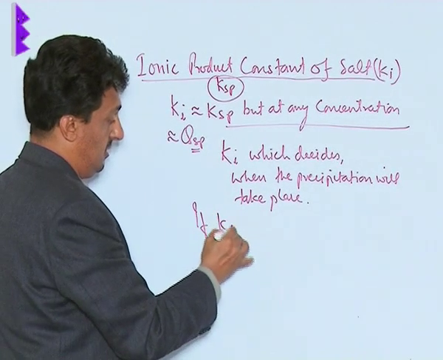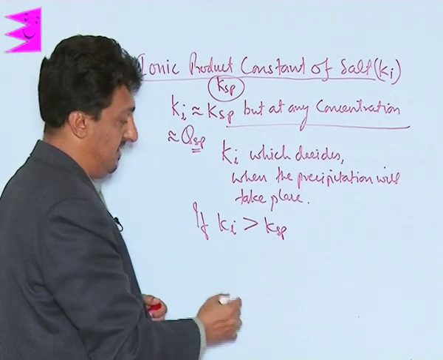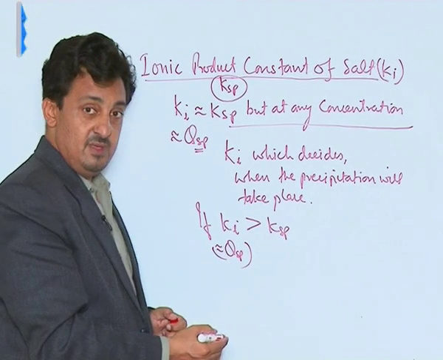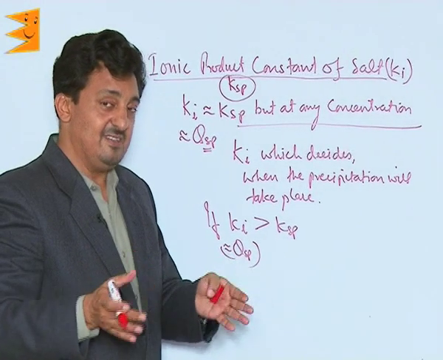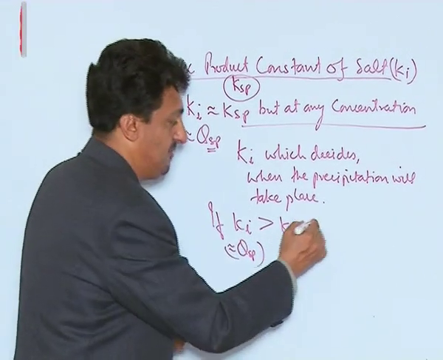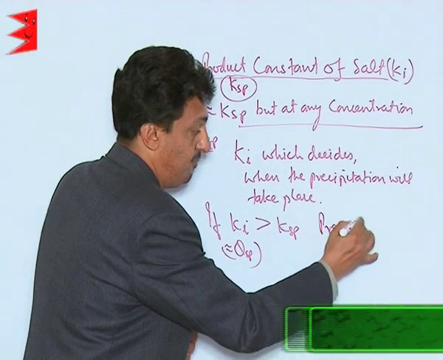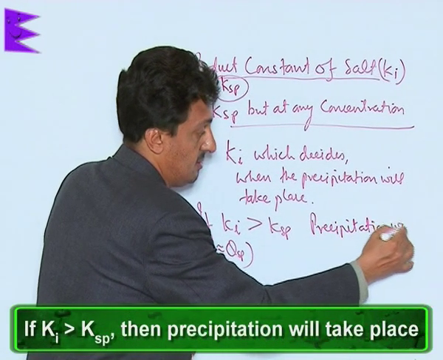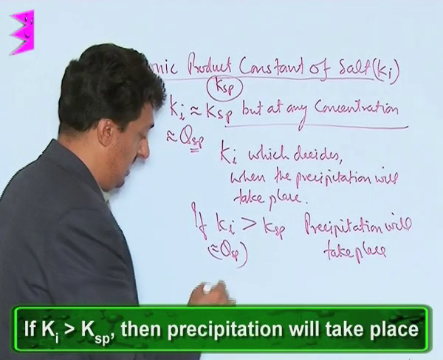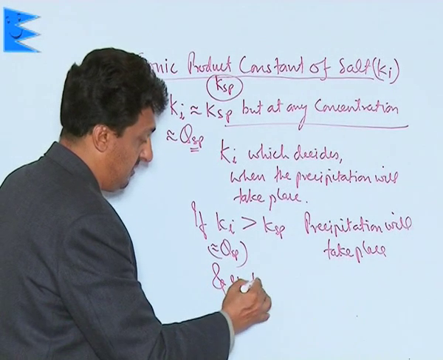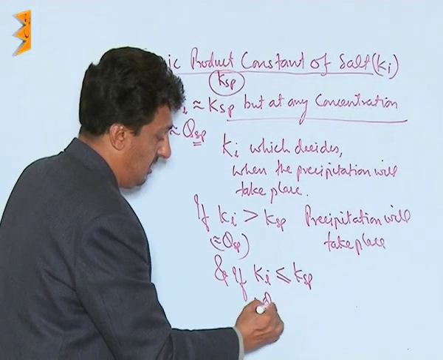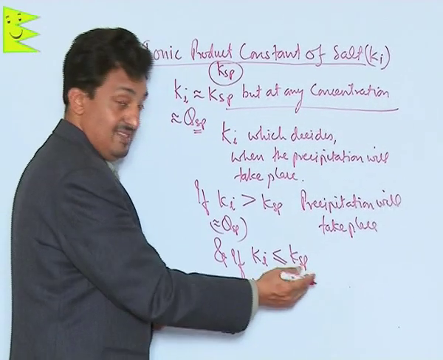If the Ki is greater than KSP, or as per some books this QSP is greater than KSP, that means the product of ions concentration is more than what they can have maximum in a saturated solution. What will happen is precipitation will take place, and if the Ki is less than or equal to KSP, or your QSP is less than or equal to KSP,